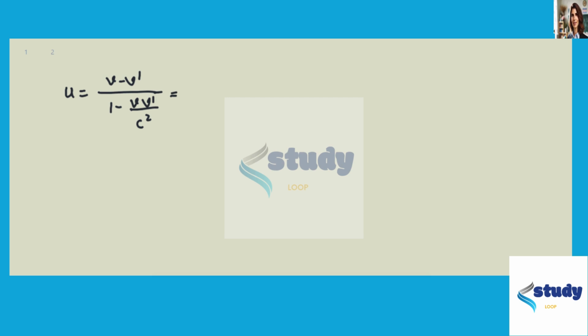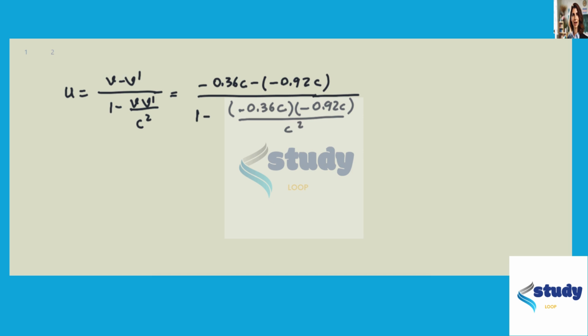Now, v was negative 0.36c minus negative 0.92c, over 1 minus negative 0.36c times negative 0.92c divided by c squared. If you do the algebra correctly, we have 0.56c over 0.6688, which gives you